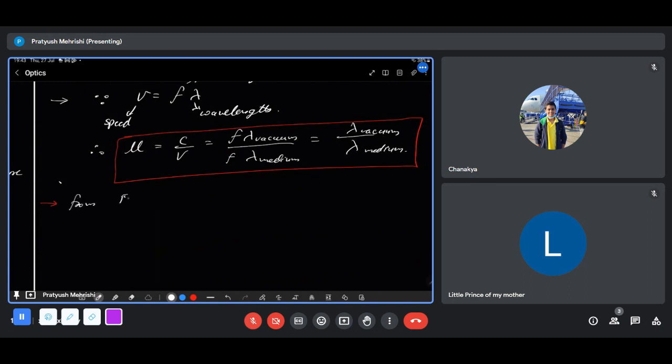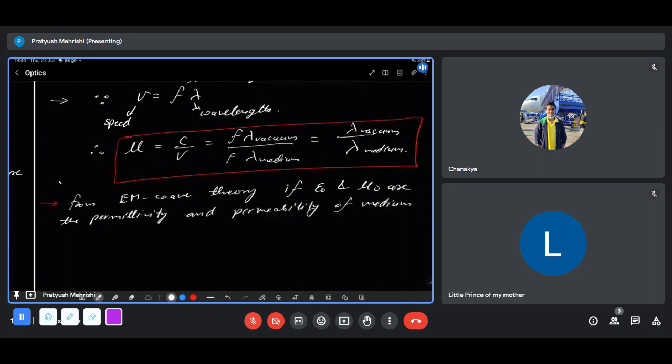From EM wave theory, if epsilon naught and mu naught are the permittivity and permeability of the medium,